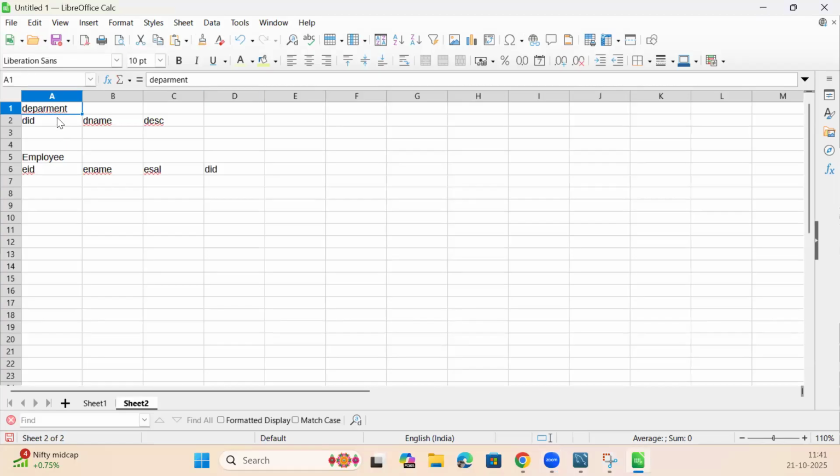So we have the department table. We took DID, D name, description. We took the employee table. We have employee ID, employee name, employee salary, and department ID. We took one more, which is project. In project, we are going to take PID, P name, and DID. Okay. So if you observe this,